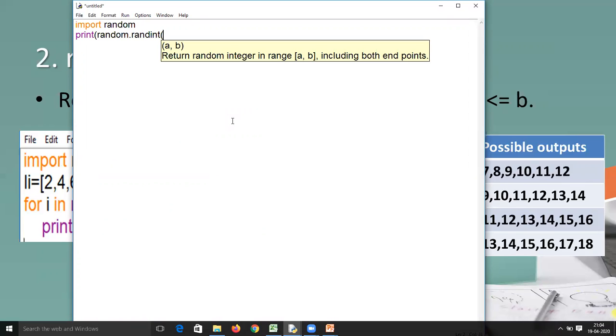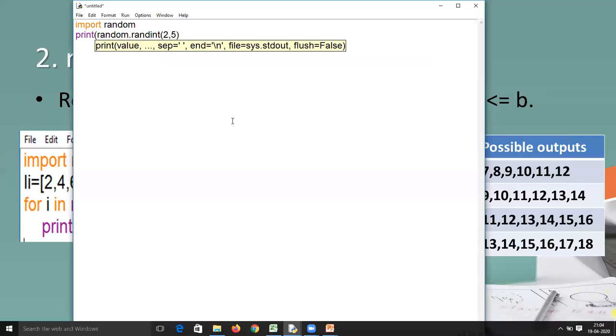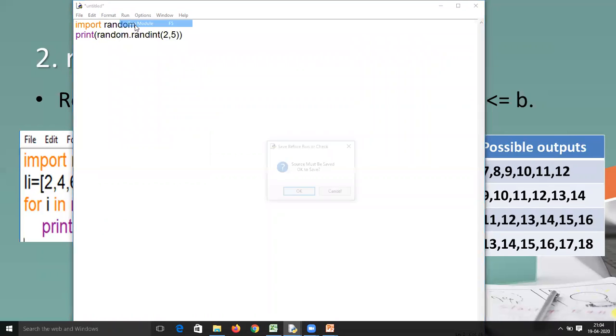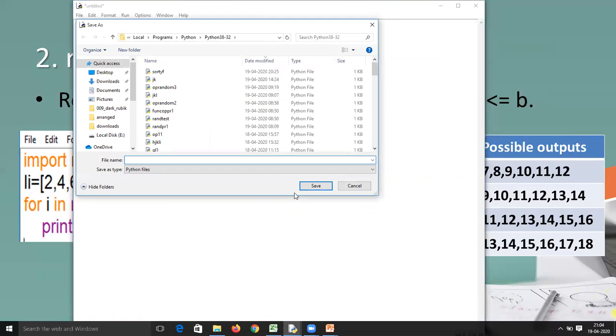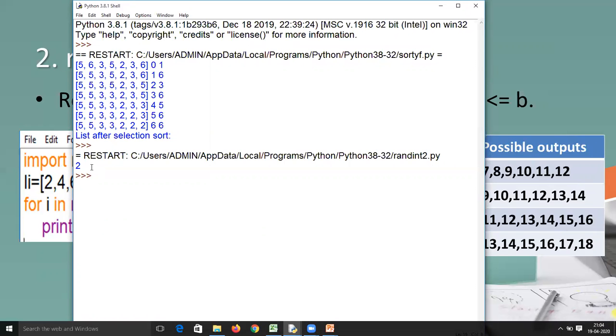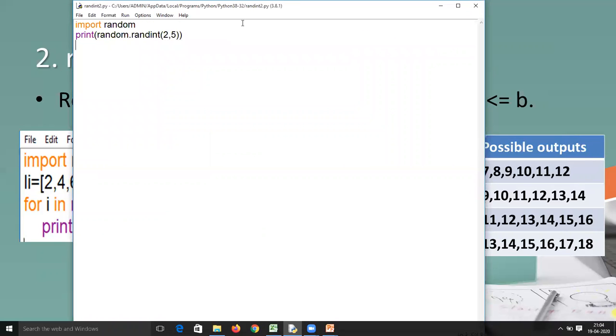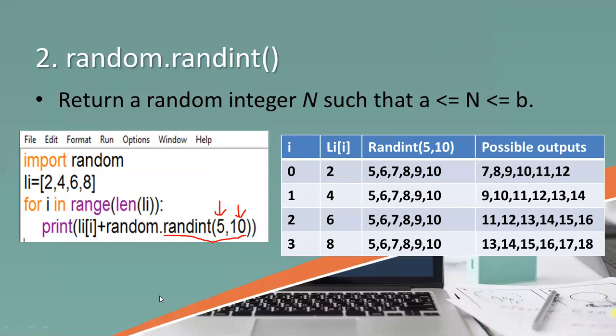Suppose I give the lower limit as 2 and the upper limit as 5. So it can generate any number from 2 to 5 including both values. Let us see what number it gives us. You can see here that it is generating 2 as the output.